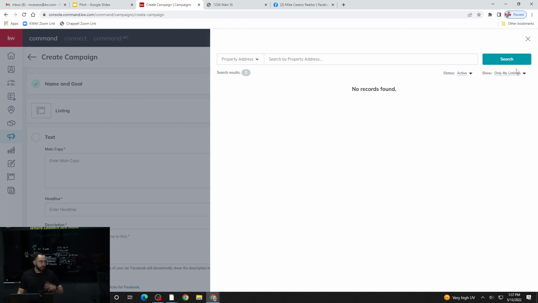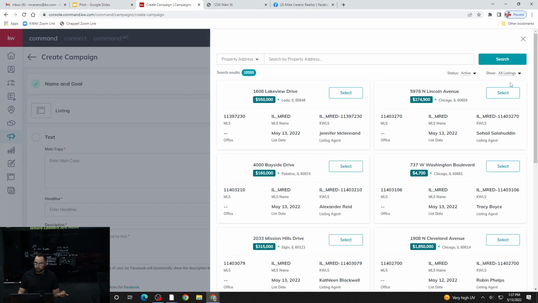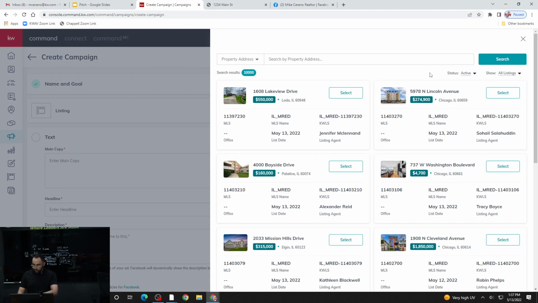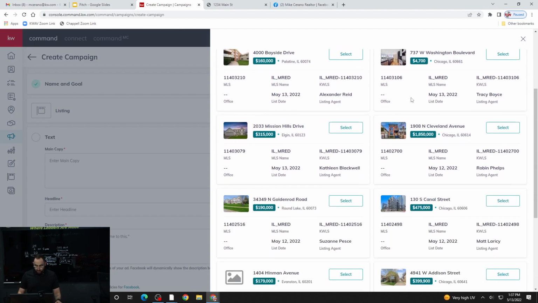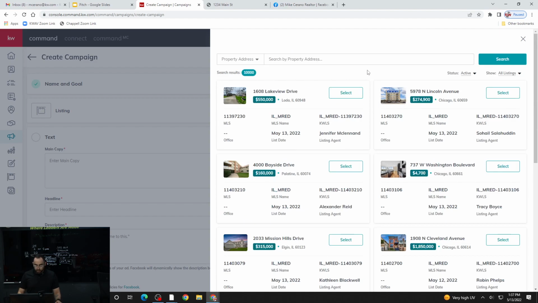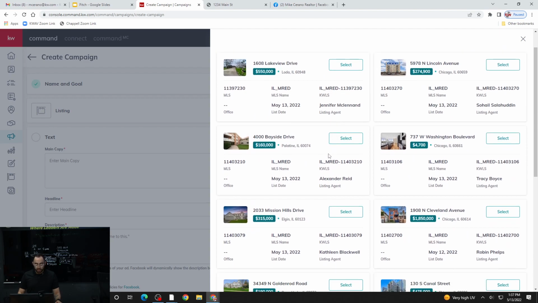If not, if you're choosing another listing, you want to change this option to show all listings instead of only yours. That way, it opens up the screen here, and just like before when you're creating the landing page, it's going to show me all of the properties here,